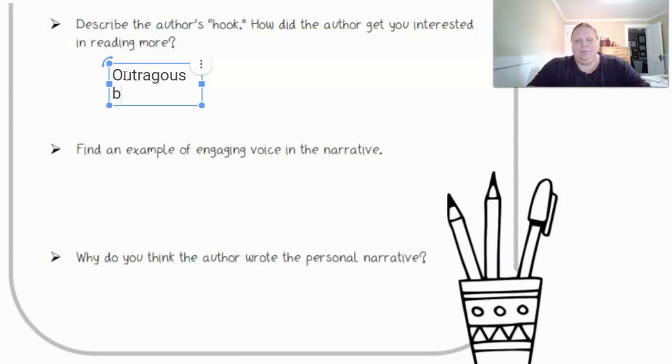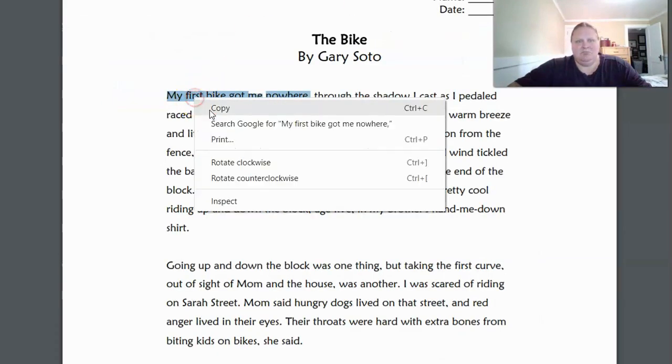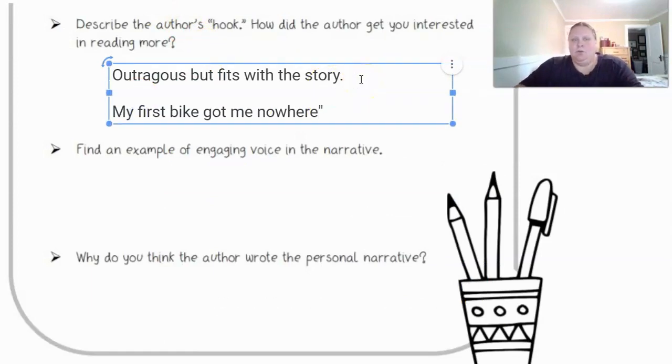Outrageous but fits with the story. And we're just going to put that in there. Now remember, we're quoting, so if we quote, we have to use quotation marks.